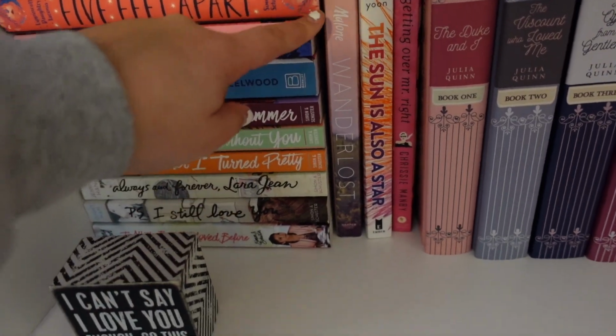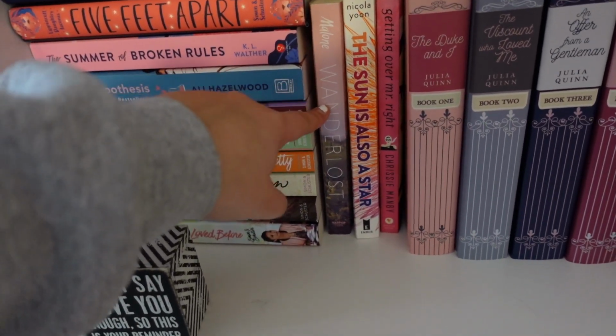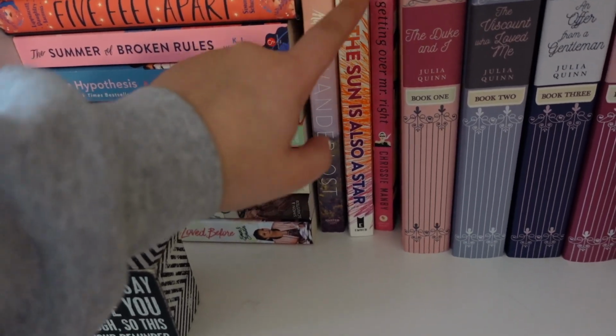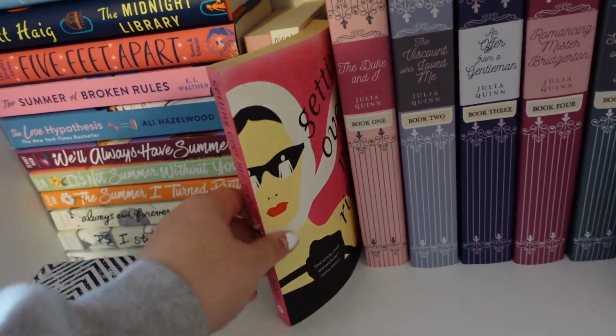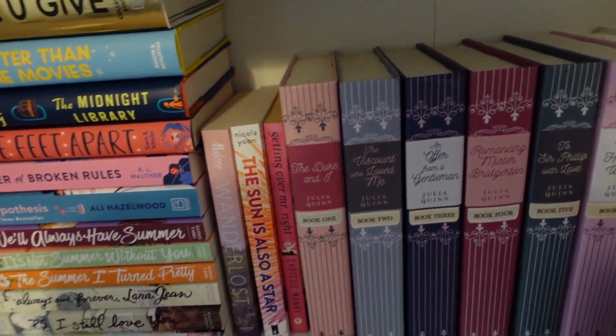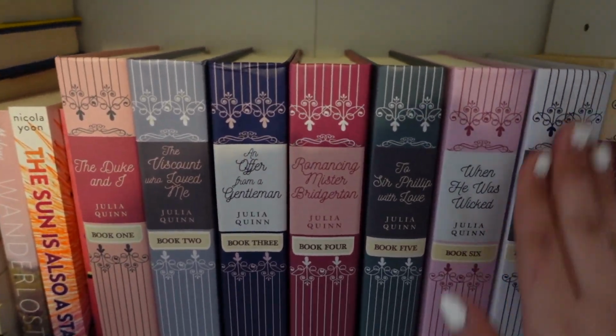Then in this little corner, I have Wonderlost. I got this a few years back when it was a recommendation on YouTube, so I grabbed that. The Sun Is Also a Star, and Getting Over Mr. Right. I actually thrifted this book, so I'm super excited to read that. Then behind that wonderful picture, I need to clean the spines of this book off because they kind of came